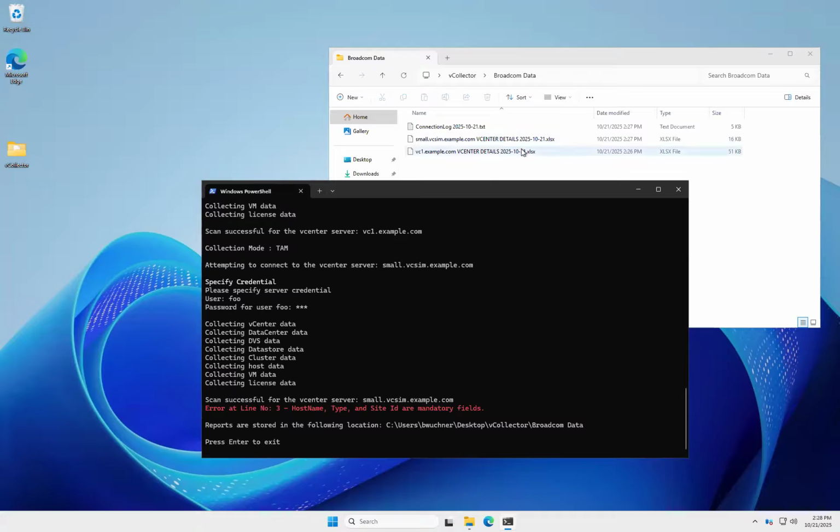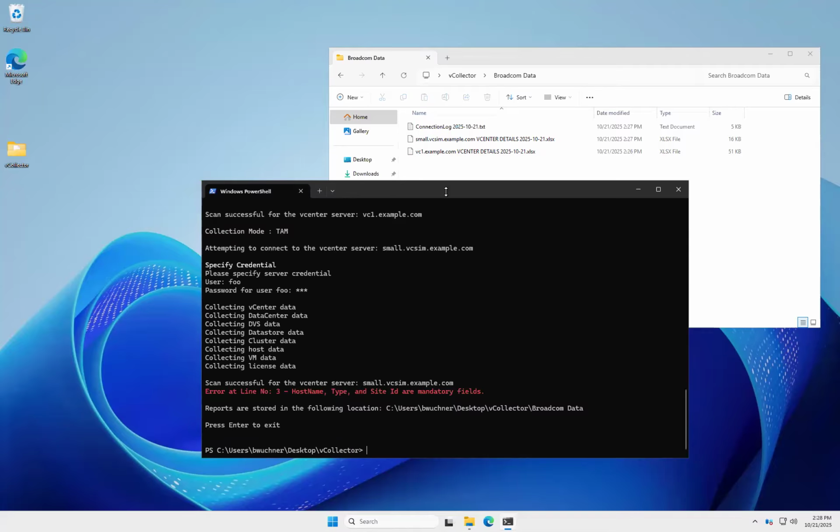We can see that these are Excel files, but this machine does not have Excel installed, so we're not able to open them. However, since we installed the ImportExcel module, we can actually use it to read these files. So we'll go back to our PowerShell window, and we'll use Import-Excel